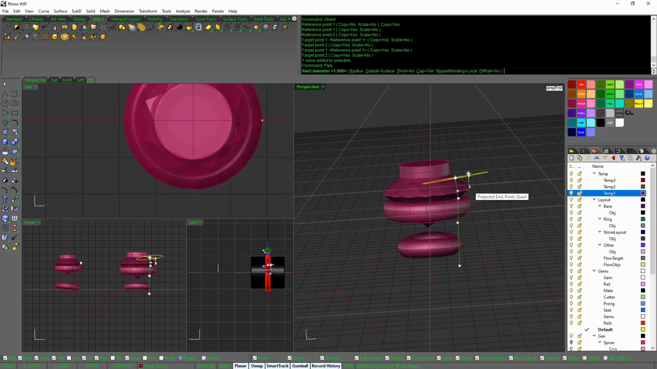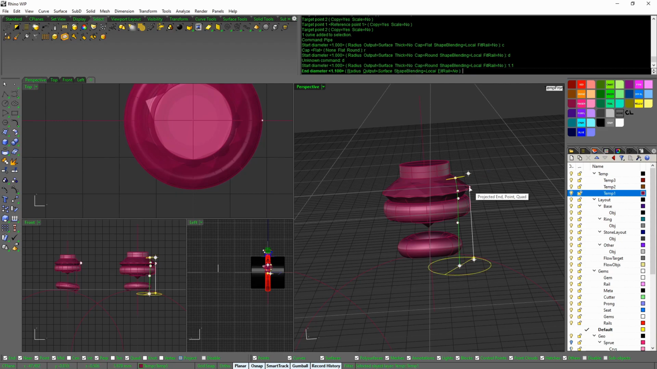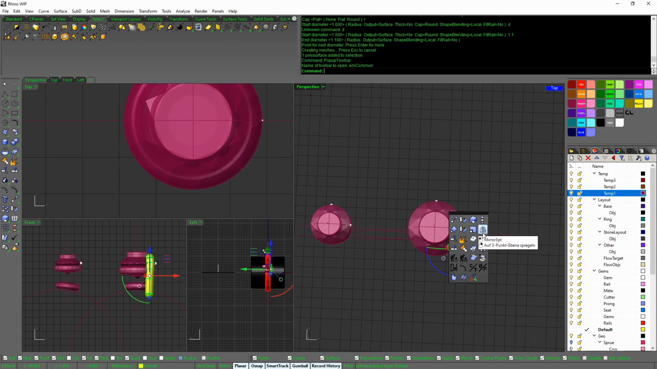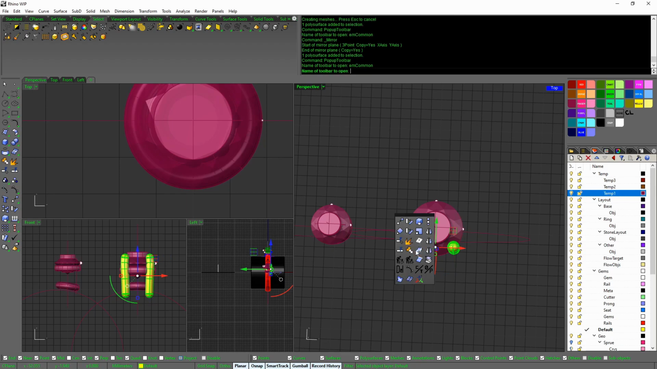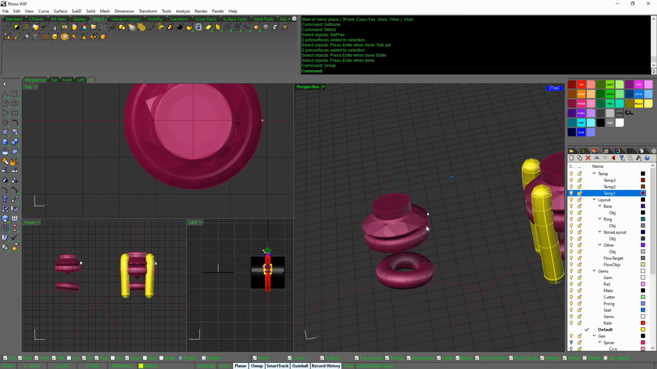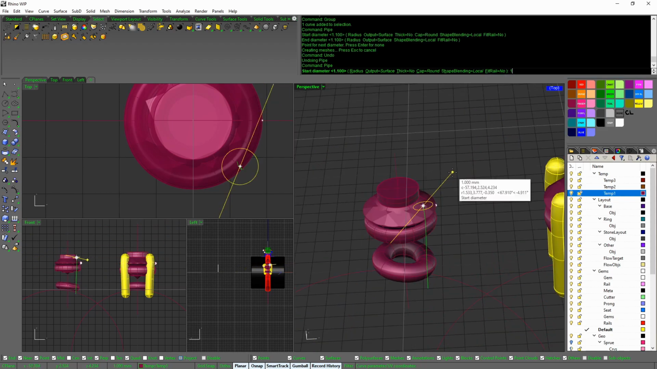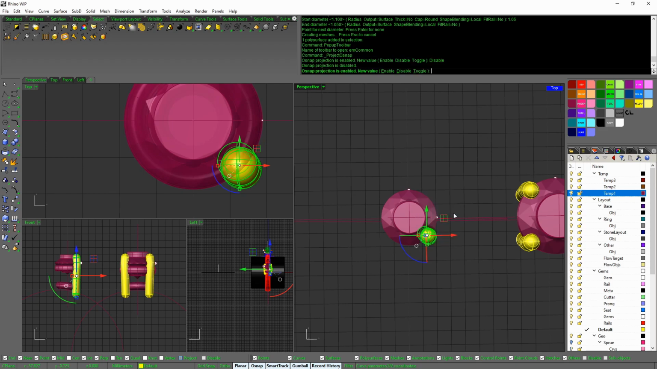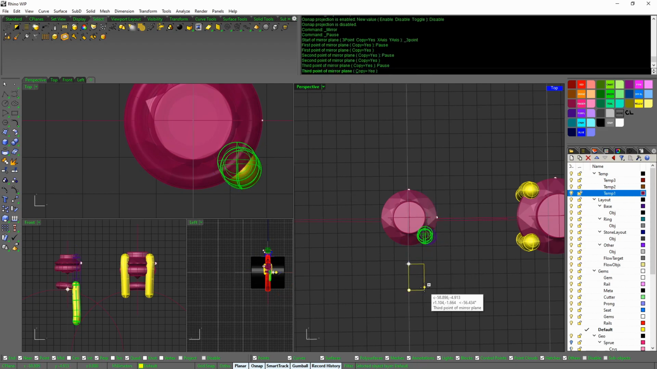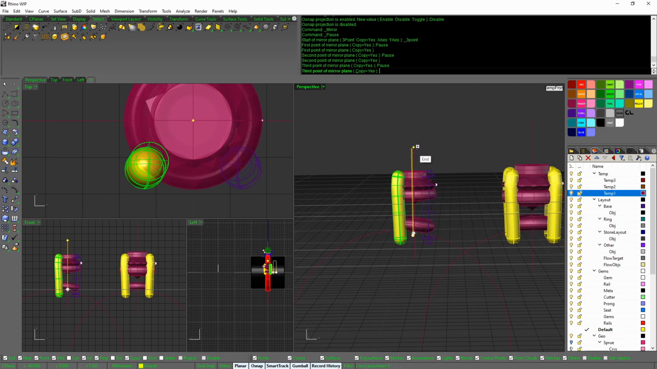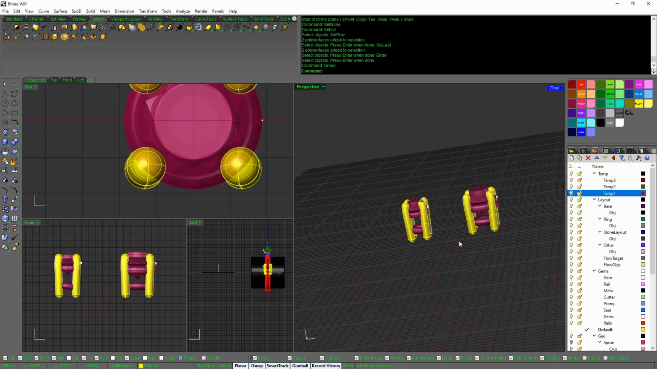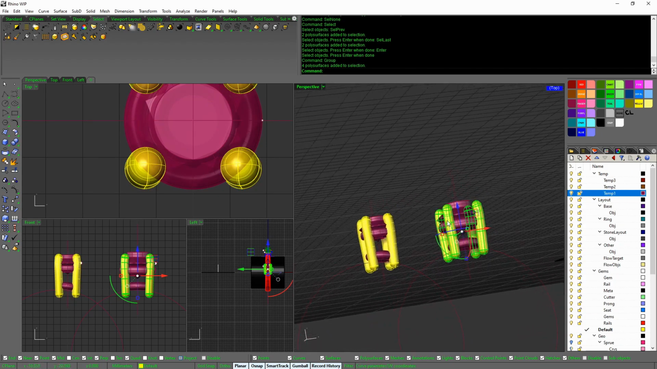Pipe this, cap, round, diameter 1.1. Okay. I can mirror this, and then mirror Y, and then do the same thing over here. Pipe 1.05, so it's a little smaller. Mirror, and then mirror X. Okay, so I've got both of these two,